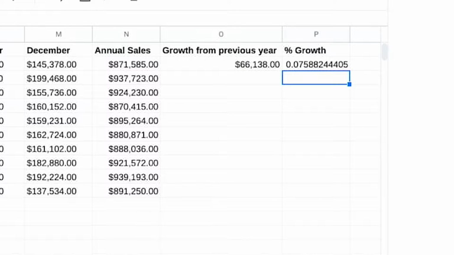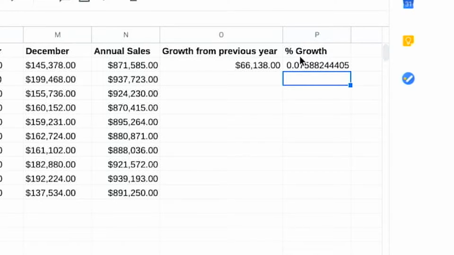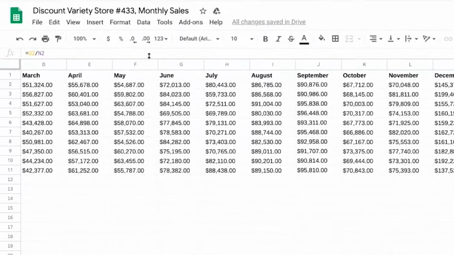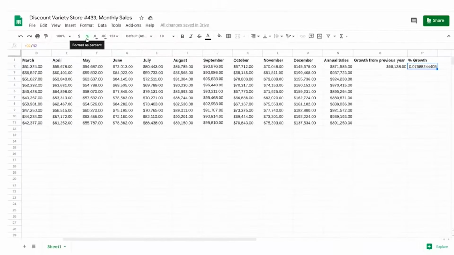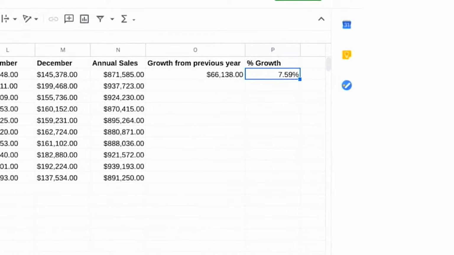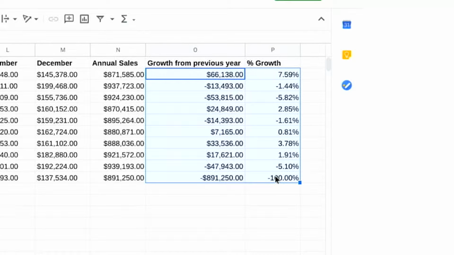Growth rates are usually shown as percentages, which can be easier than a decimal to read and understand. So let's change this number to a percentage. Time for another shortcut. All we have to do is click the percent style button and our growth rate will become a percentage. We can select the cells for both the total growth and the growth rate to populate the rest of the 2 columns. We have some negative numbers, but that just means that there was negative growth from one year to the next.